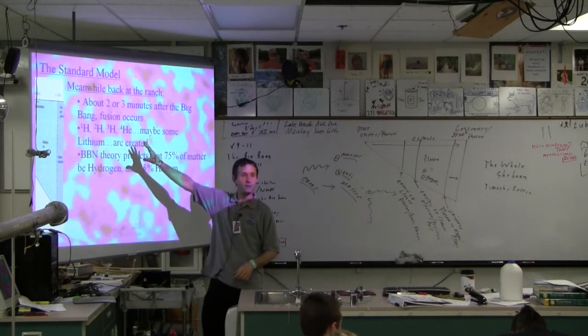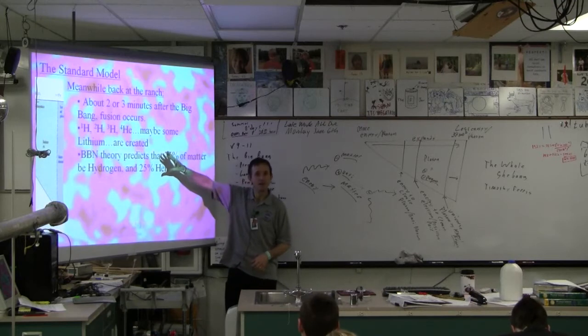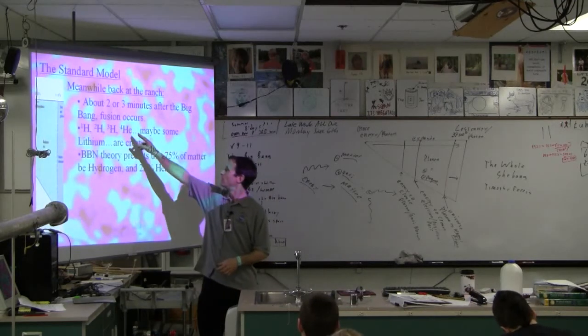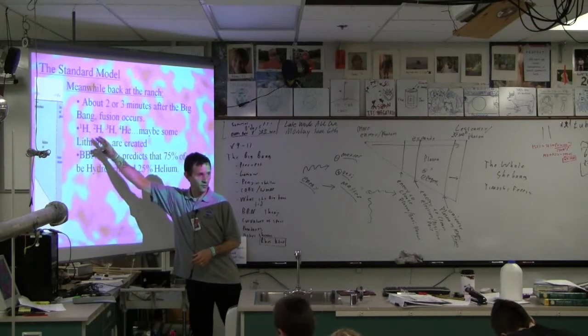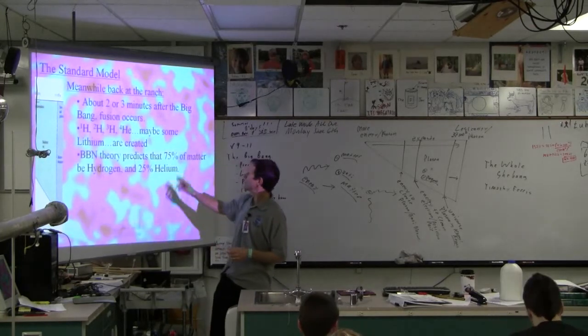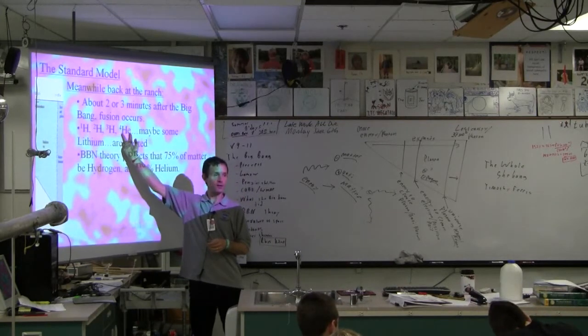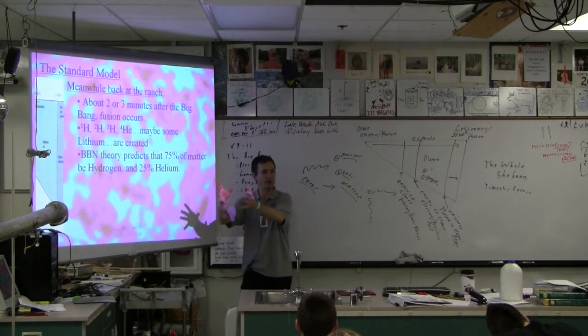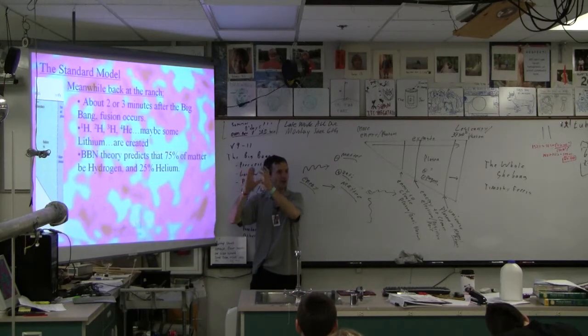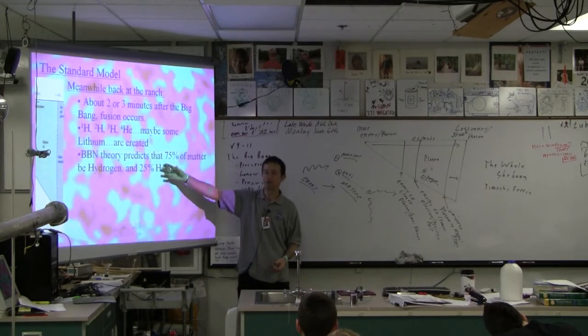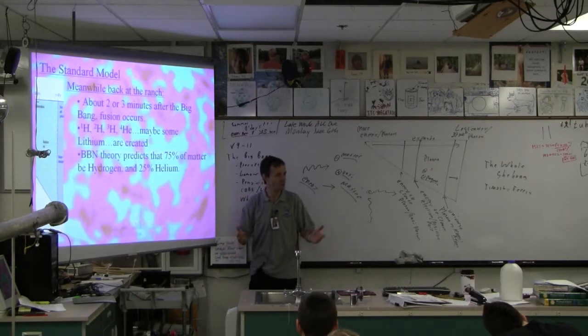But there's something called Big Bang nucleosynthesis theory that says if we look at all these things, there are four different varieties of nuclei we could have created. 75% of those are hydrogen, and a quarter of them are helium. So if you look anywhere in the universe and just look at what's there, you should see about three quarters hydrogen and 25% helium. And of course, we've done this, and that's what we see.